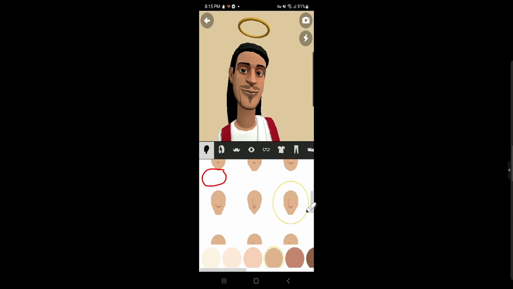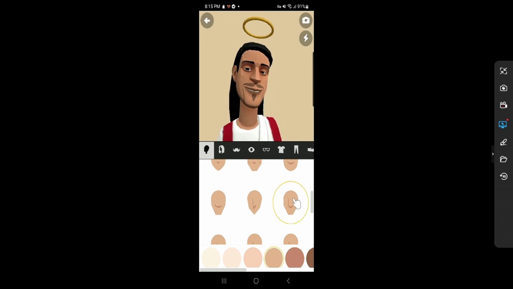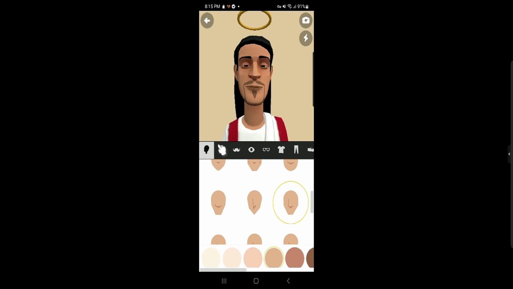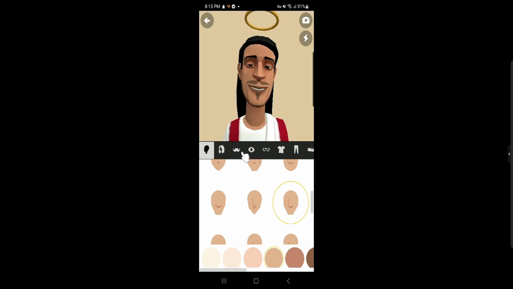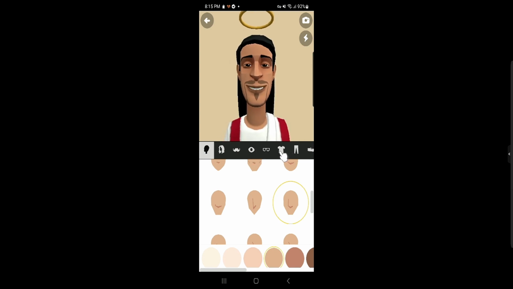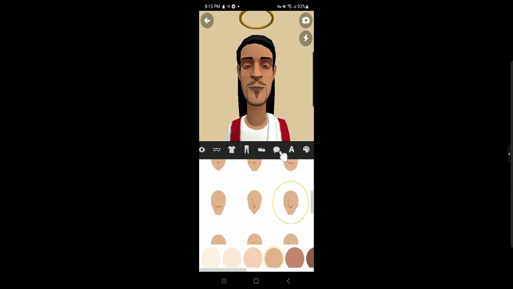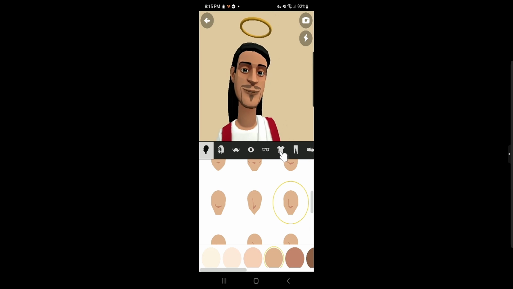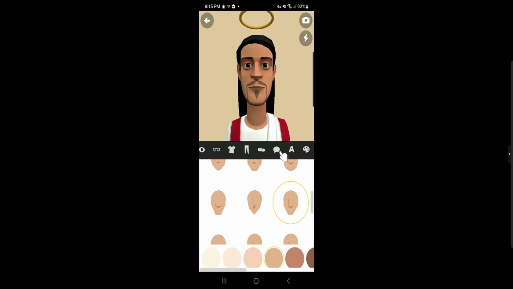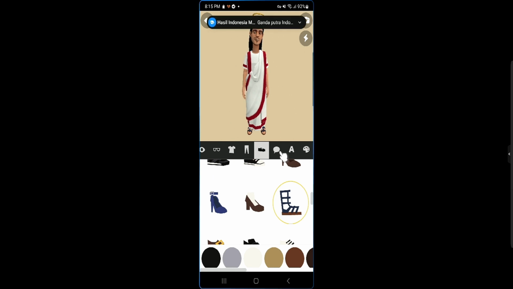And after that you can edit your hat, your hair, your mustache, your eyes, your shirt, your item, and your shoes. Okay, and then